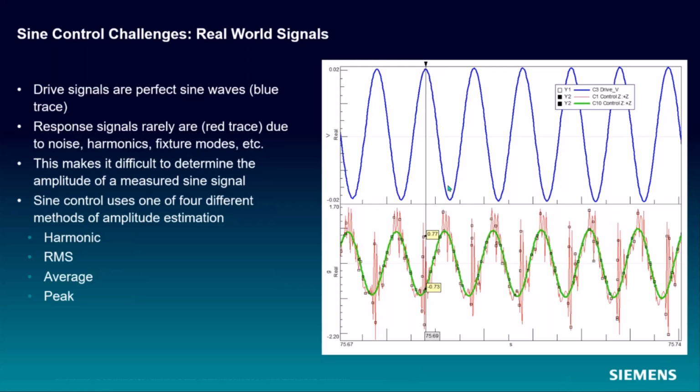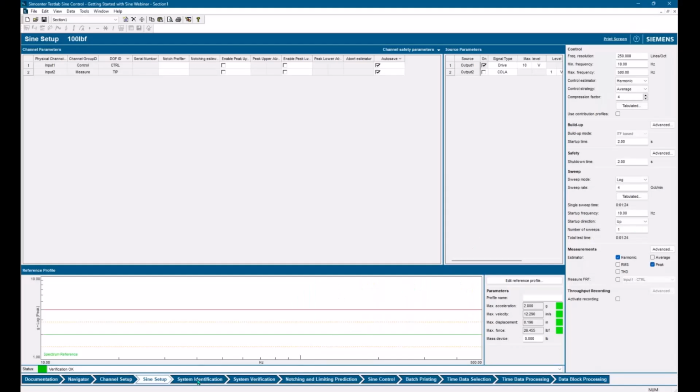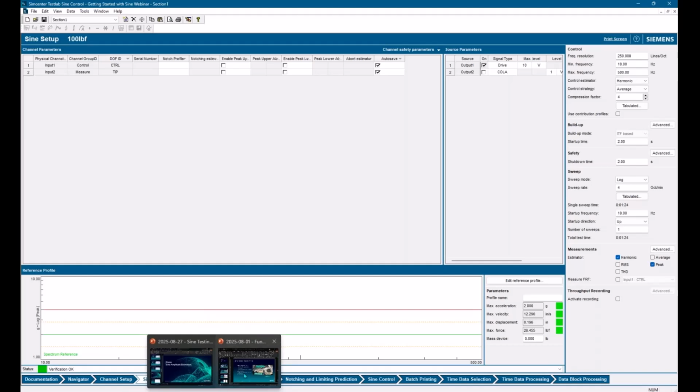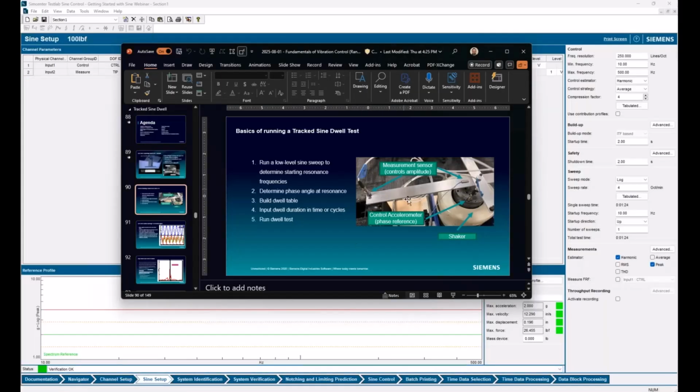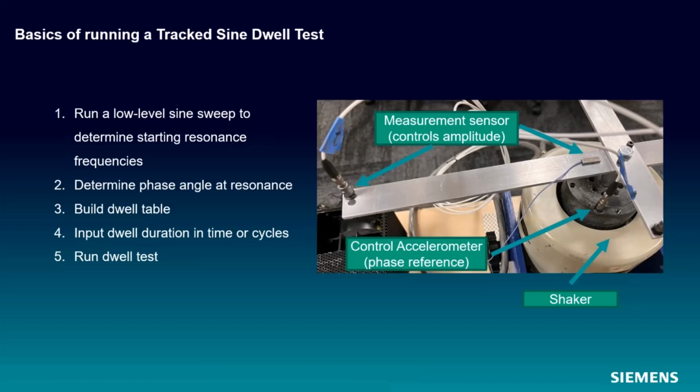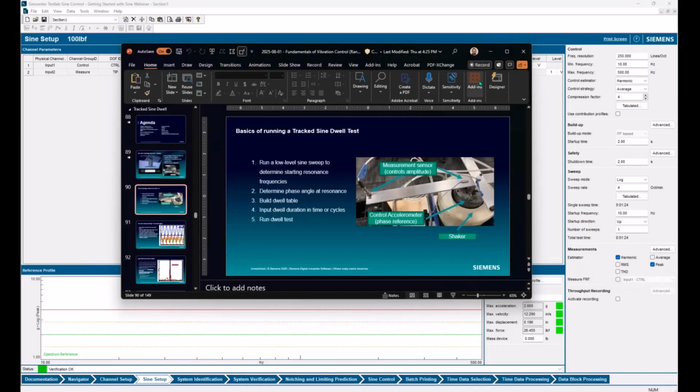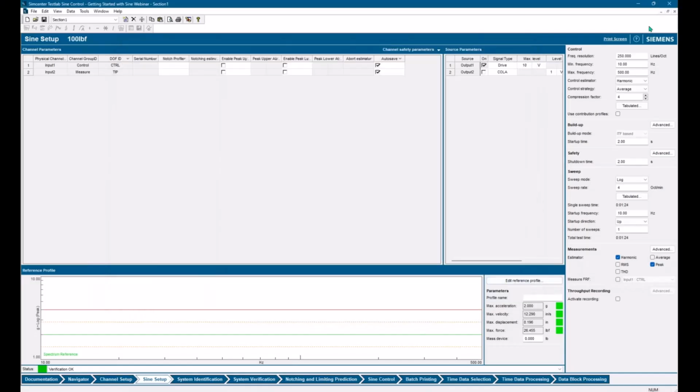Let's take a look at what happens here. And now, to make this more complicated for me, in addition to what I have in this picture, you can see this little hole here. I've put a bolt in that hole, and it's a loose bolt. So I'm going to see a lot of rattling. If I didn't have that in there, my peak and harmonic estimator would be almost identical throughout the test. But we're going to run this test now, and we're going to see what that looks like.